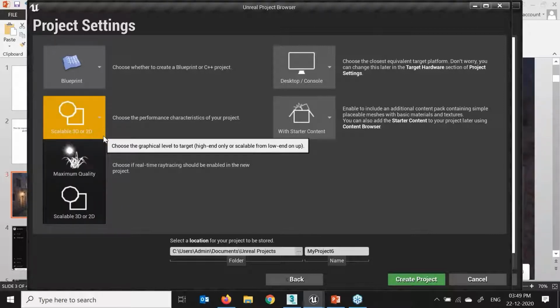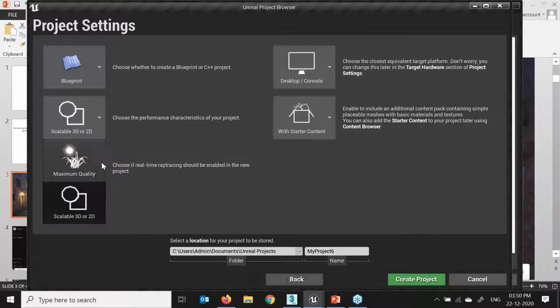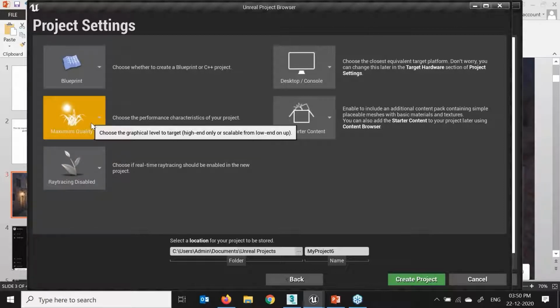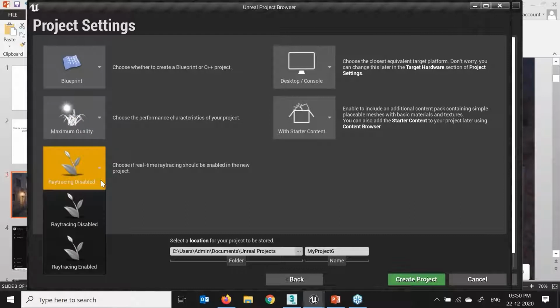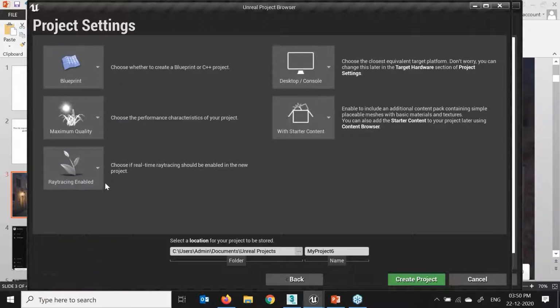If we have a good graphic card, a good amount of RAM in our computer, we can always go with the maximum quality because it helps us to understand what kind of object quality and textures we have applied in our scene. Ray tracing options we have. Maybe if we are using an older version of Unreal, there might be different features, but in 4.25 we have these features, and the same in 4.26. Ray tracing will also take a high amount of RAM while we are working in our projects. So it depends upon our requirement if we want to turn it on or disable.